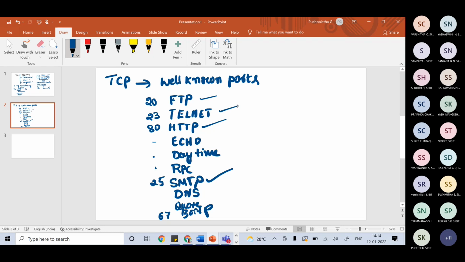Telnet, I think most of you are familiar with as terminal network. Probably you'll be using echo also, that echoes the received datagram back to the sender. Daytime also returns the date and time. Almost all your systems like these TCPs use the daytime port, and RPC, remote procedure call, will also be there.